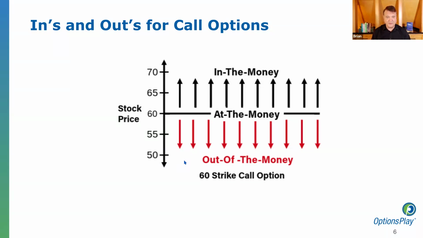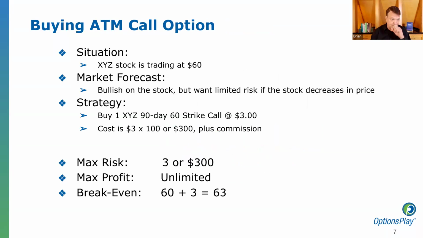And we're going to go through 3 scenarios. We're going to buy an at, we're going to buy an out, and then we're going to buy an in. And I'm going to address little nuances inside the pricing of an option contract while we go along with these basic strategies that we're going to look at. Okay, so